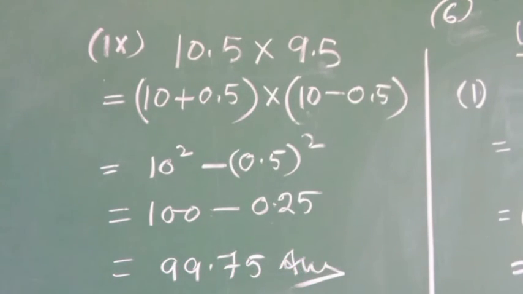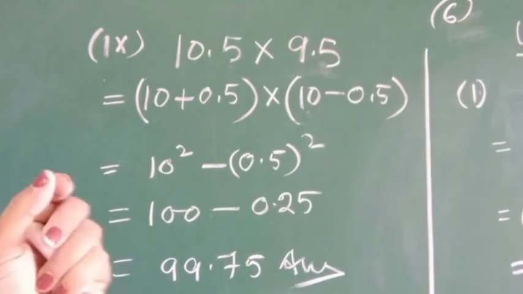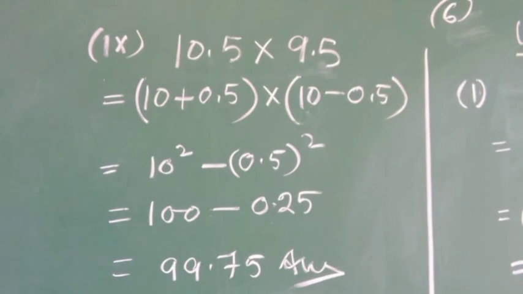So whatever we have explained today is on the basis of the identities, question number 6. You have to evaluate a few sums by using identities, and when you see the sums, you have to identify which identity will be applicable, will be suitable for the sums. So practice it, students. Thank you.